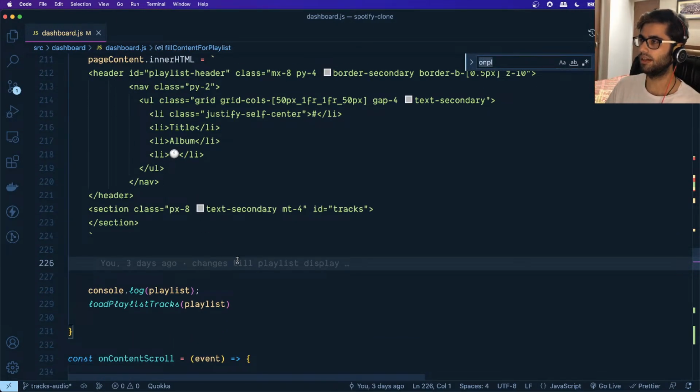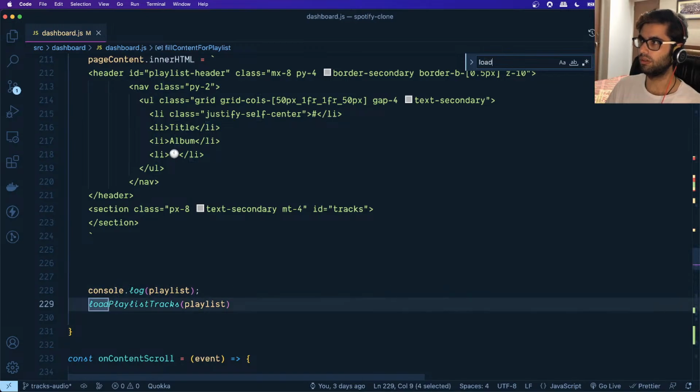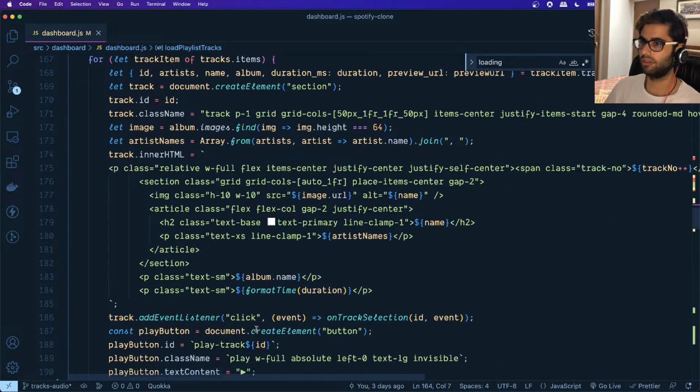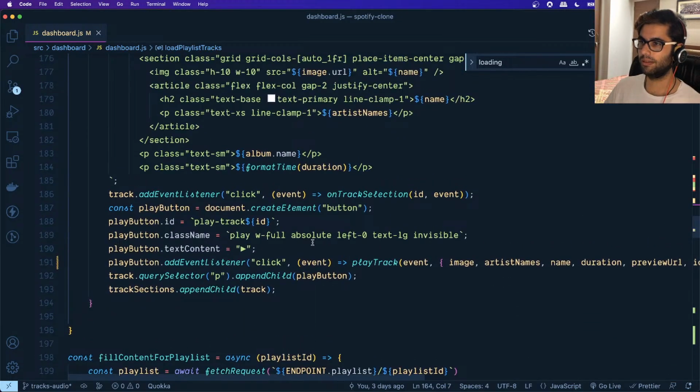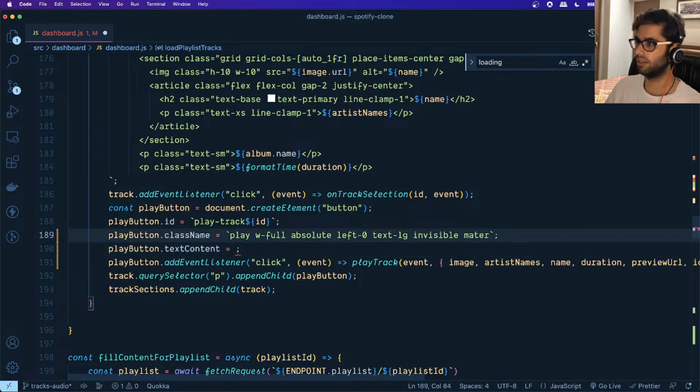So when we are loading the playlist tracks, over here we are creating the buttons, right? So instead of using these icons, let's do one thing. Let's make use of the material UI icon. So we will say